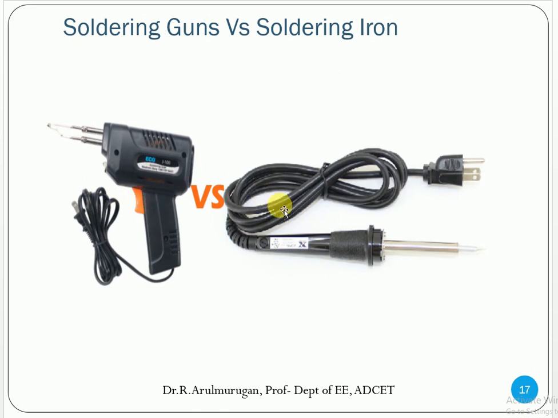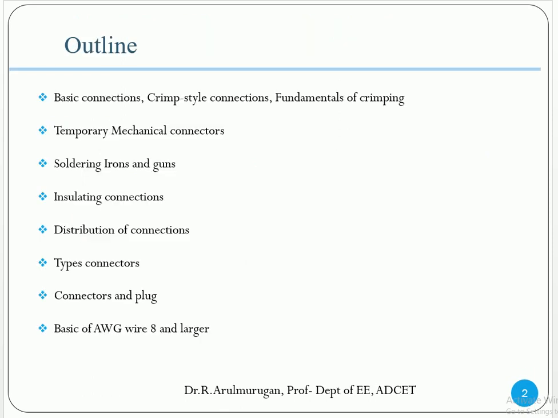Then comparatively, this one is more convenient, and it is also compact compared with that one. Here continuous heat is possible. Here sometimes it's a breakable one. So that is the difference between them. For continuous high power applications, you can use this type of soldering gun based on your applications. Then next one,